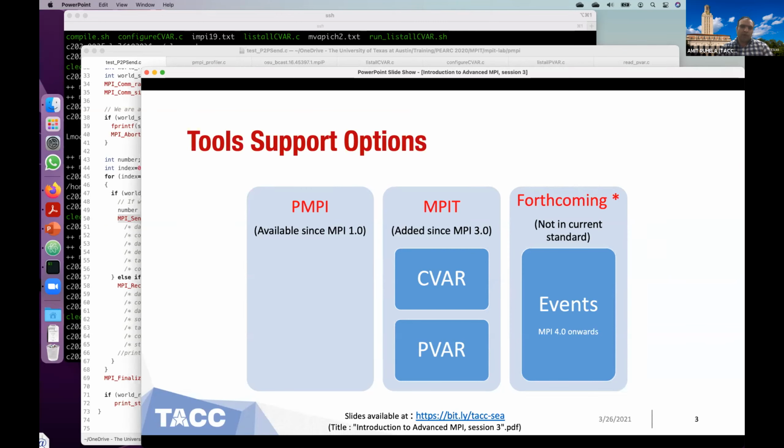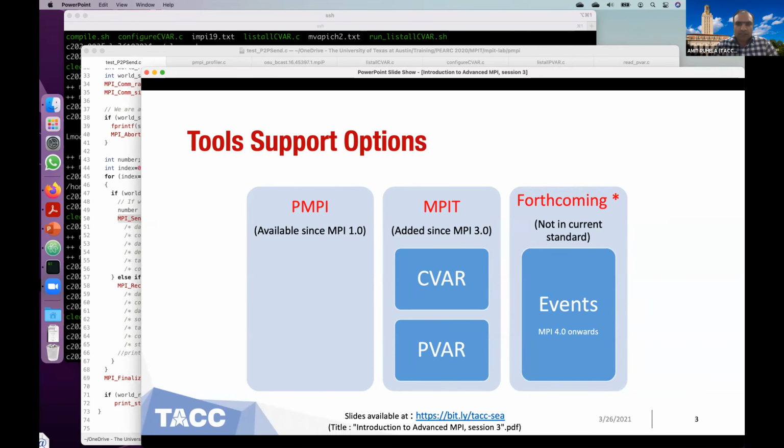Any profiling library that wants to understand what performance parameters are supported by an MPI implementation can use two types of interfaces. Performance variables define what variables are there within the MPI library. Then there are CVARs, control variables, whose values you can change to change the behavior of MPI implementations.